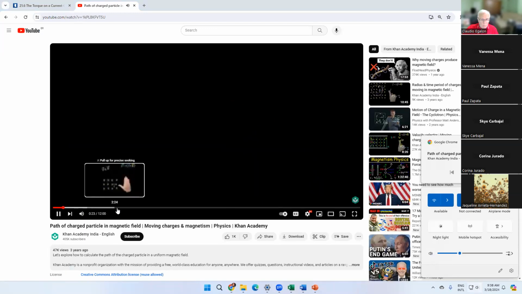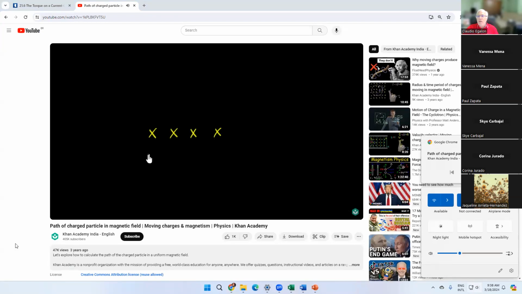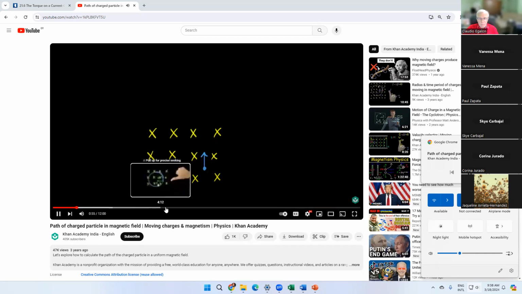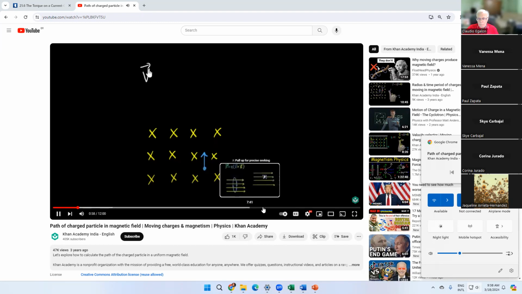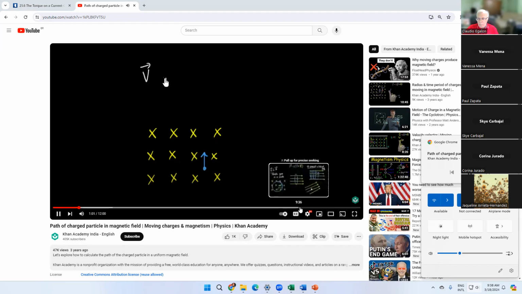All right, so let's start with a case where you have magnetic field into the board. Let's watch this one. And uniform into the board. And let's consider a charged particle, let's say a proton, that's moving perpendicular to the field. A proton. We'll start. Let me just write that down. Let's consider a case where particles are moving. Let me just draw it over here. So let's say we have a proton that is moving perpendicular to the field. So the field is inwards. Let's consider the proton going upwards. So the case we're dealing with is velocity of the charged particle is perpendicular to the magnetic field.